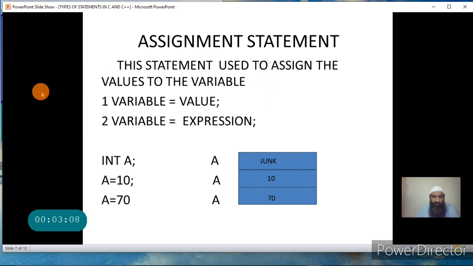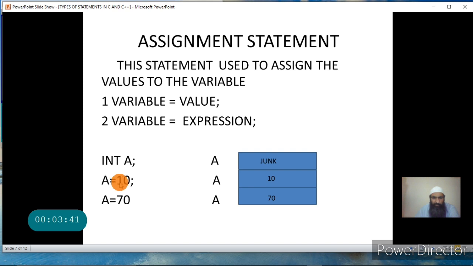Let us first study the first form, where we write variable equal to value. Once we write variable equal to value, it is worth knowing that the variable should have been first created, that is, we should have given a name to a memory location, and that we do through the declarative statement that we discussed in the previous lecture. So if I have a variable named a with the data type int, this is the declarative statement which we have studied. Then using this statement we can assign a value to this variable.